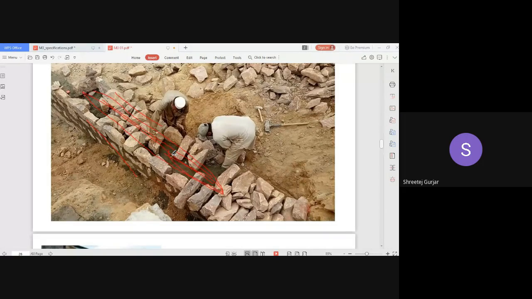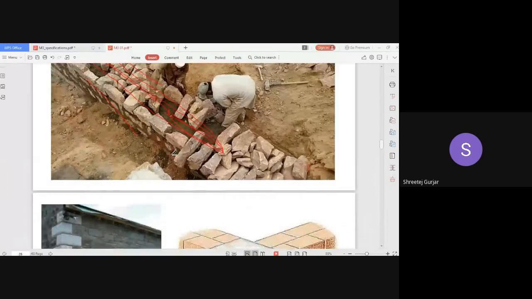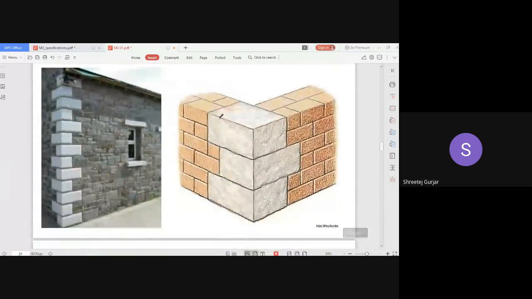Then this particular thing that I'm showing here, you can see at the edges. You lay one stone on this side in this fashion and then the other in this fashion, alternate. You can see they are laid alternately. So this you have to maintain in your stone masonry. Take care that at the edges this formation is maintained. Then what are these called? These are called coins.